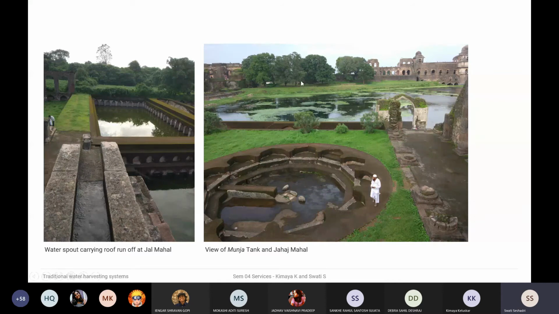I just want to end at this. Basically, where your water is being held, that's your main building. And when this water level rises, that's why it's called Jahaz Mahal. You hardly see that edge. It completely diminishes, and that's when you see that whole structure is almost floating. So it's a celebration of the water, it's a celebration of the monsoon landscape, and that's where the king with his wives would stay during the monsoon time.